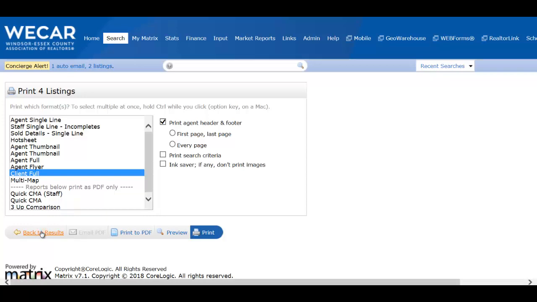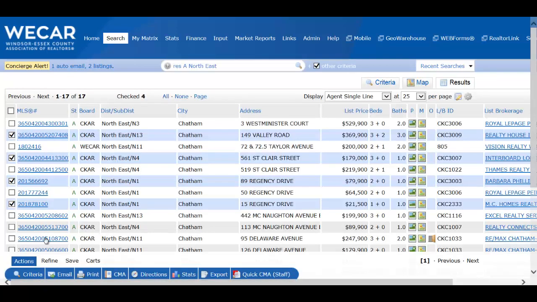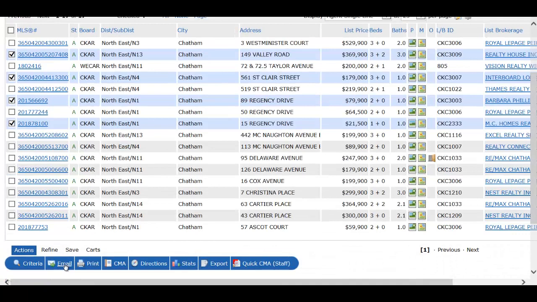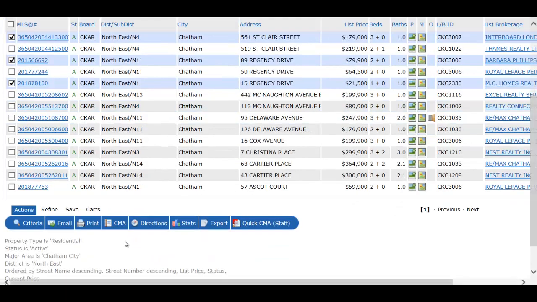So by going back to results, just the 2 ways is you're going to use the email button or the print, but the print is a little bit more advanced there, and just be cautious of that there. Okay. Well, just as a review,